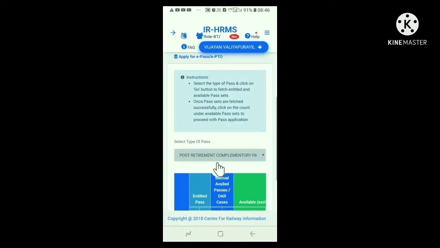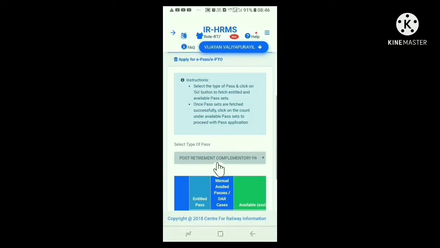Here it is written select the type of pass. Under that in the box it is written post retirement complimentary pass. In case it is not there, in the box at the right hand corner a small black triangle button can be seen. Click it. From the menu select post retirement complimentary pass.